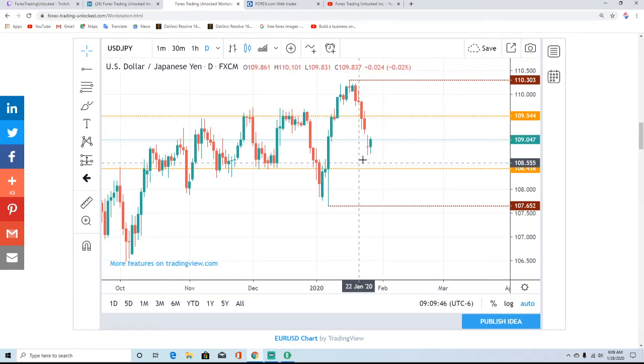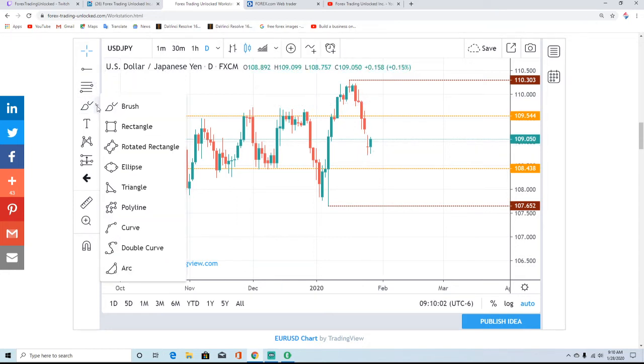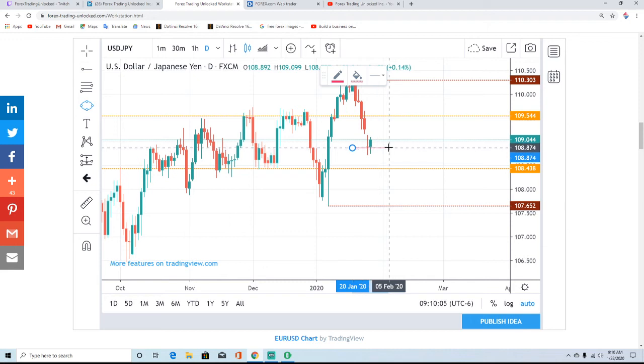But no matter what, the overall trend for the US dollar yen is positive. So today you can see we've had a nice little recovery after yesterday's little doji. This is a significant little sign right here. This yesterday's close, as you can see, let me put a little ellipse around here and make this a little clearer for our viewers here.